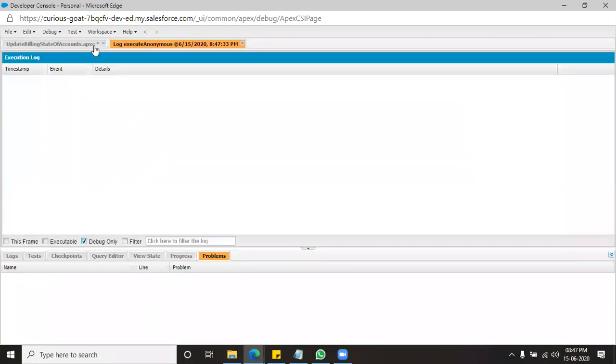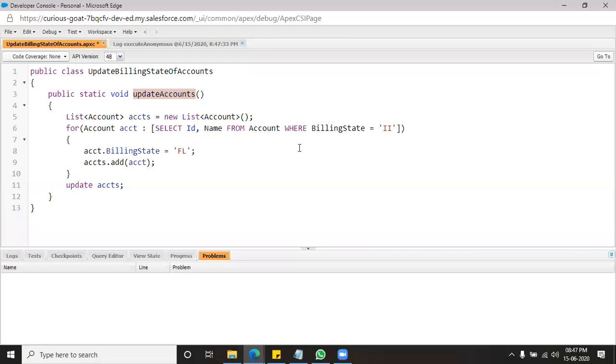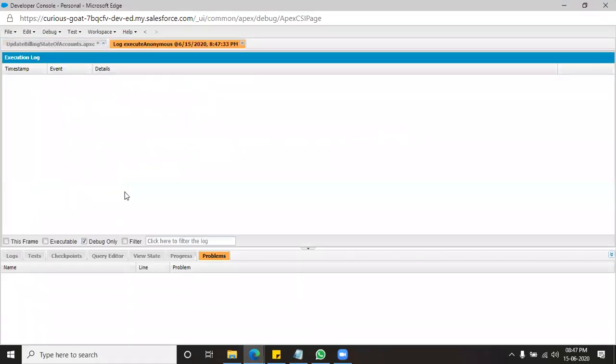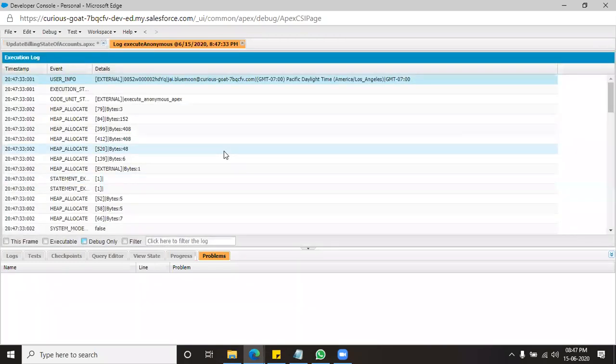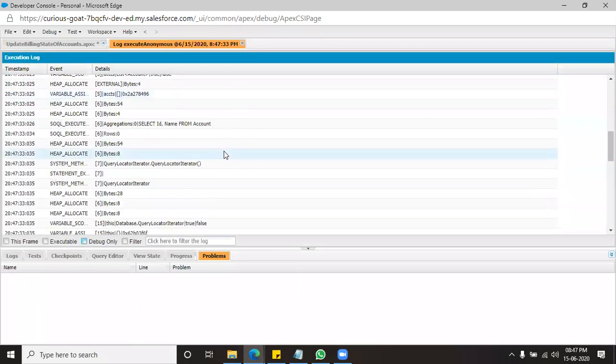There is no debug statement. Just go to the log, the same log. Remove the debug only. Come down. Come down.